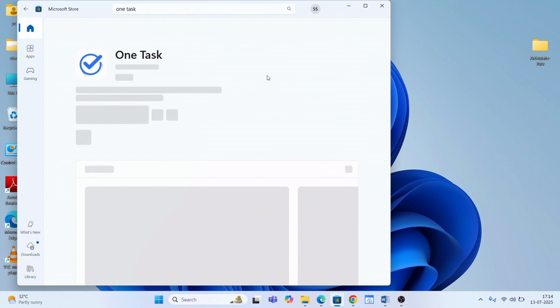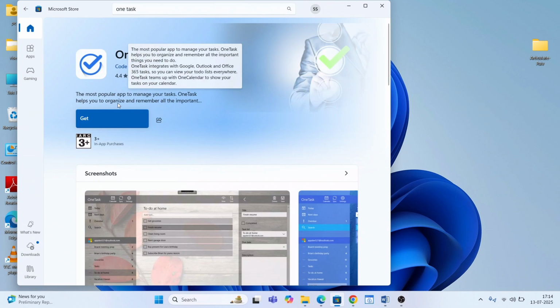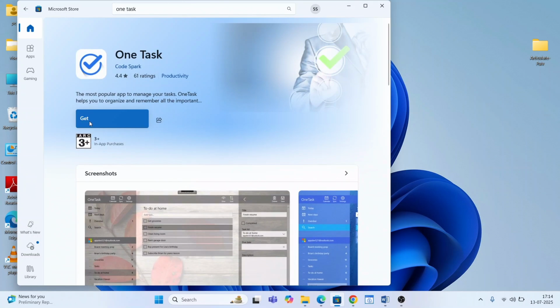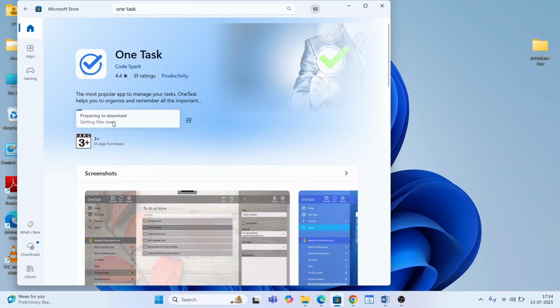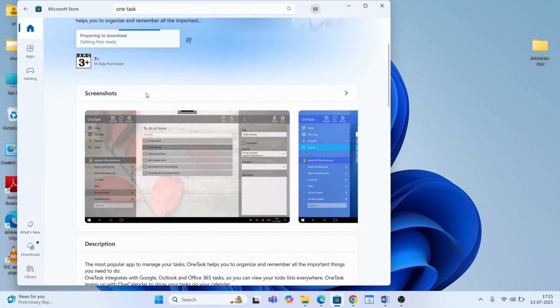Simply press one task. Well, as it is showing the most popular app to manage your task, one task helps you to organize and remember all the important tasks. So I have to simply click on get. So once you do this, you can see it's preparing to download, getting files ready. So in the meanwhile, you can see all these screenshots of this one task, how it looks, and